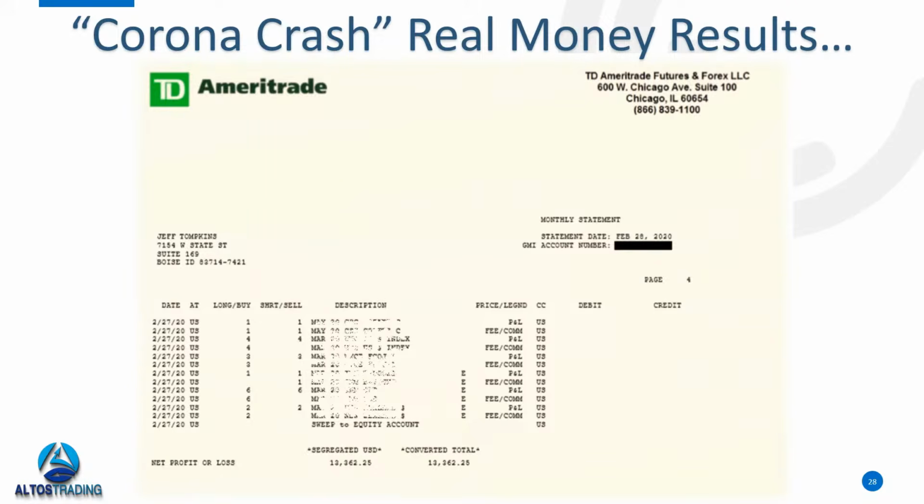I got a sell signal from Trade Trend. I saw the breach of the lower band, the simultaneous divergence of the outer bands. Due to the catalyst behind all this, there was a lot of uncertainty, a lot of market volatility. I was very conservative. These are just my positions from the last week of February. I was trading small position sizes, 1, 2, 3, 4 contracts, and putting on some bearish positions to play the Slingshot on the way down. In that last week of February, I booked over $13,300 just trading the Slingshot.